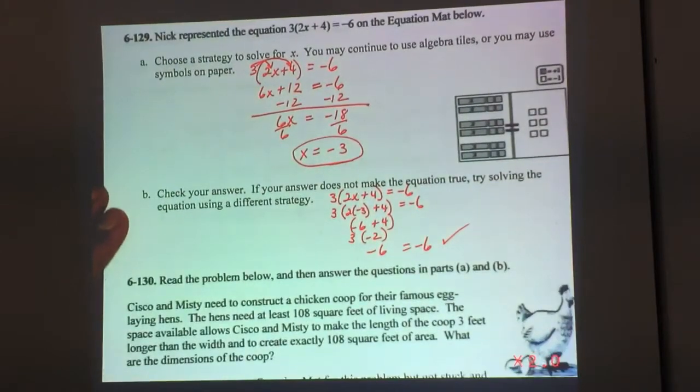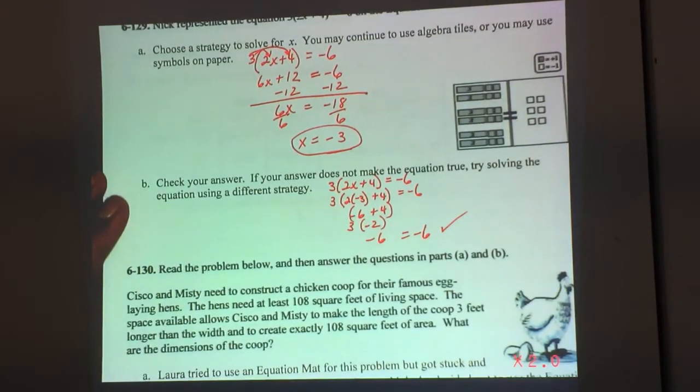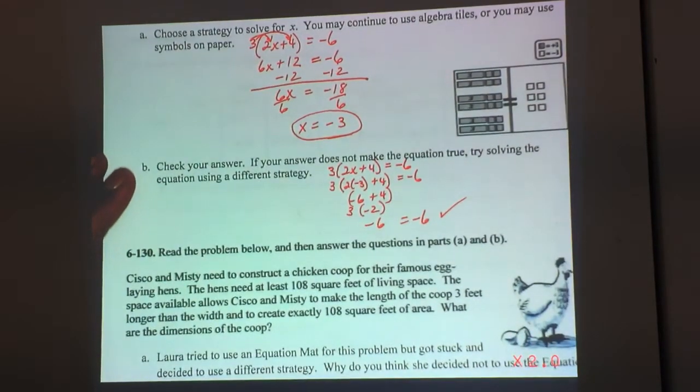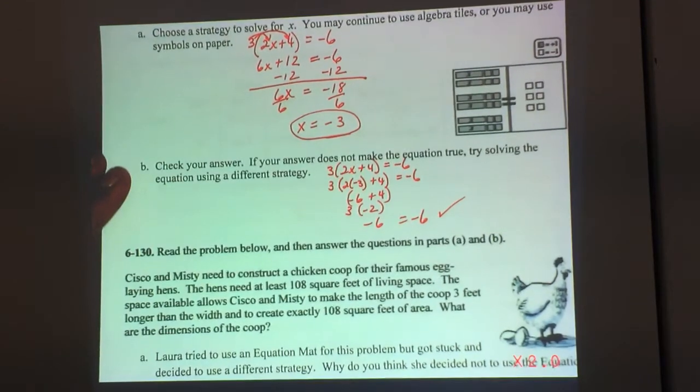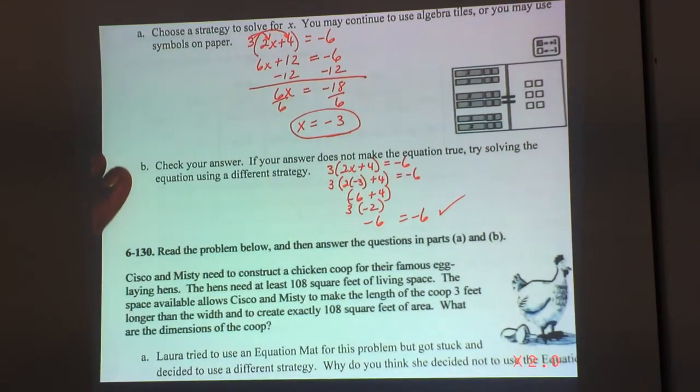Okay. Question 130. Read the problem below, then answer the questions in parts A and B. Cisco, that's an interesting name. Cisco and Misty need to construct a chicken coop for their famous egg-laying hens. The hen needs at least 108 square feet of living space. The space available